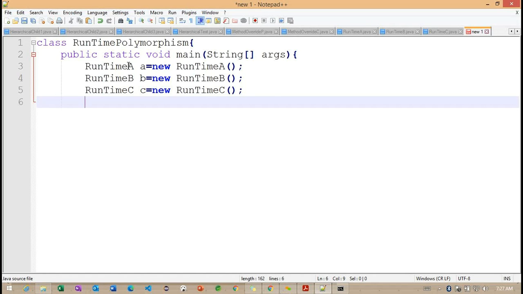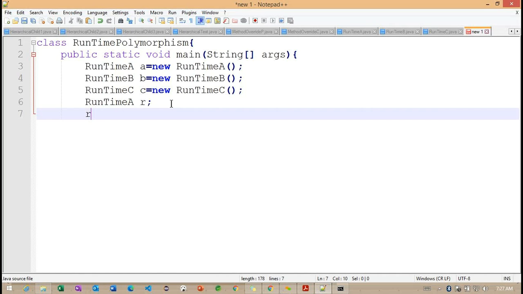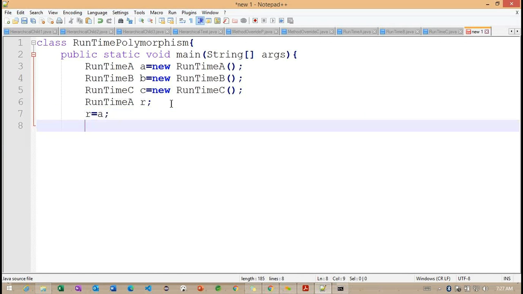Now one class reference I'm defining here. I'm just declaring a superclass reference here, and I'm not creating any object for line number 6. If you observe carefully, on line number 7, r is equals to a. And here I'm calling r dot call me method.